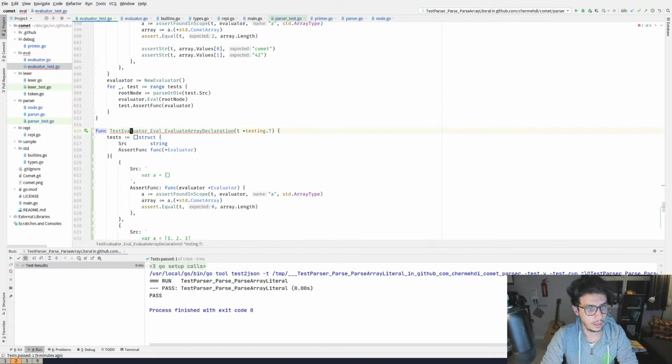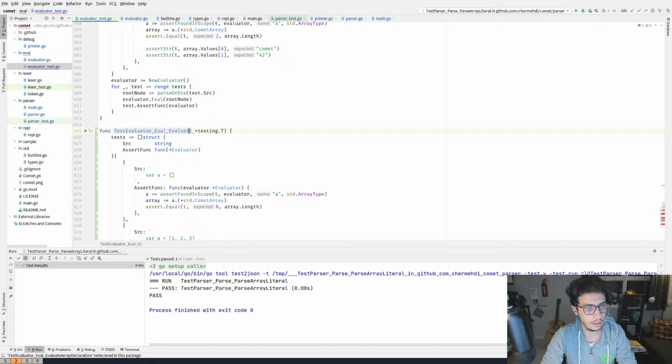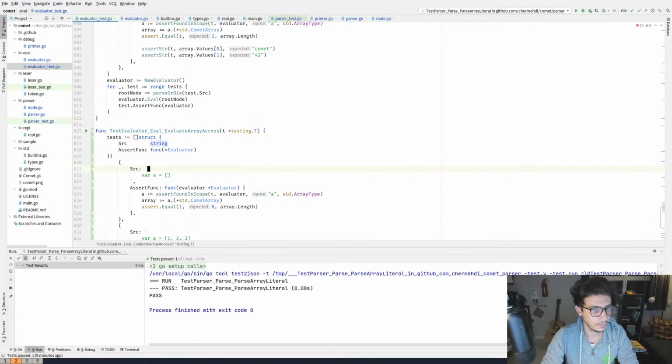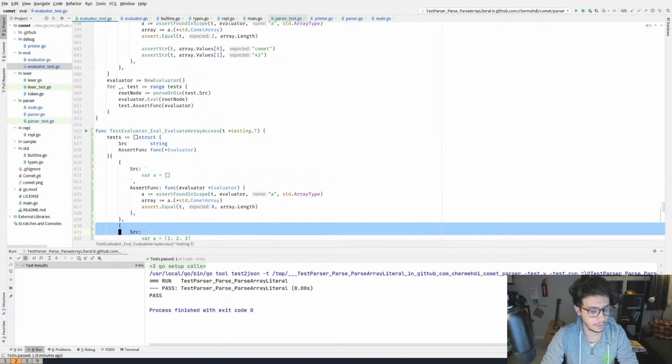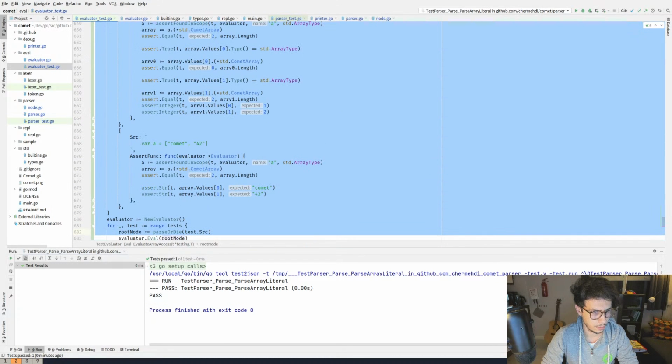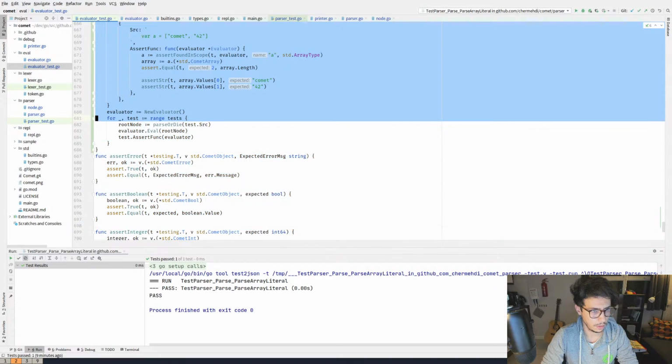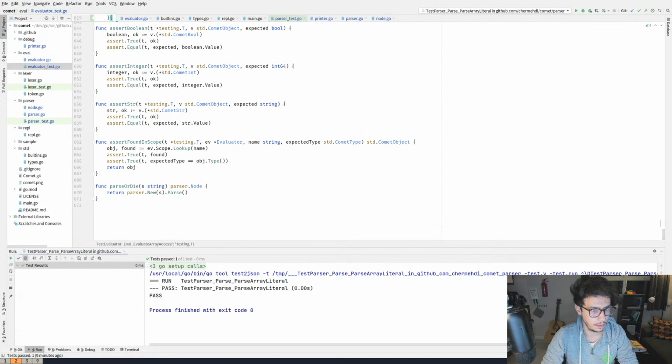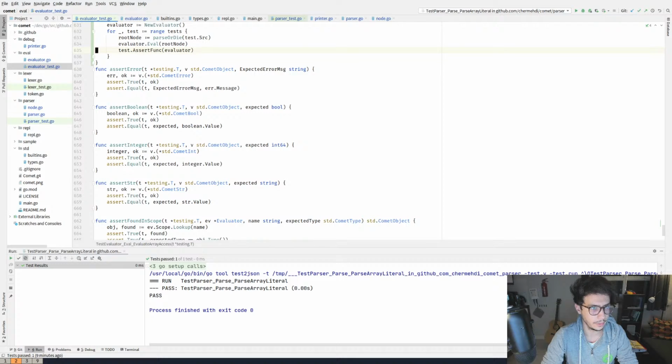Okay, evaluate array declaration. We'll call it evaluate array access. And let's see. So let me remove a bunch of things. Yes, I'll remove until here. All right, cool.